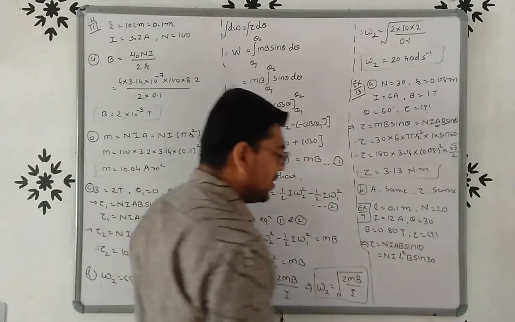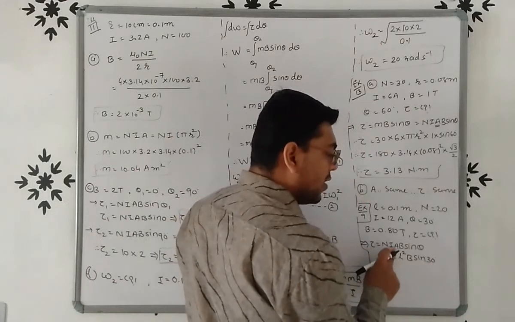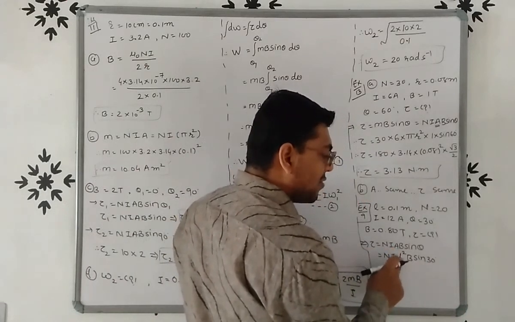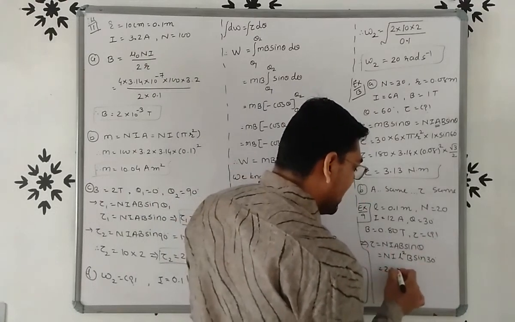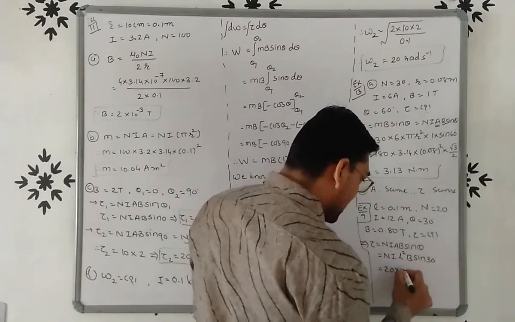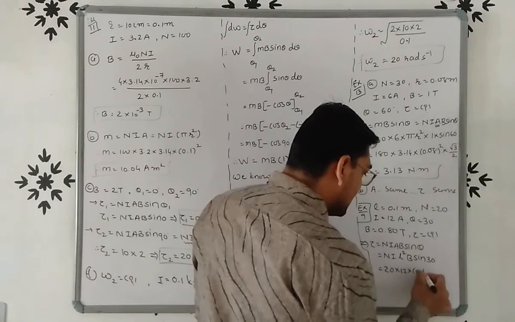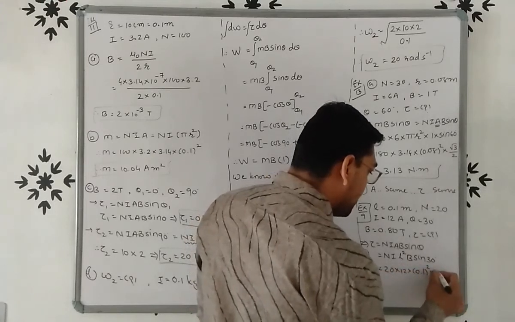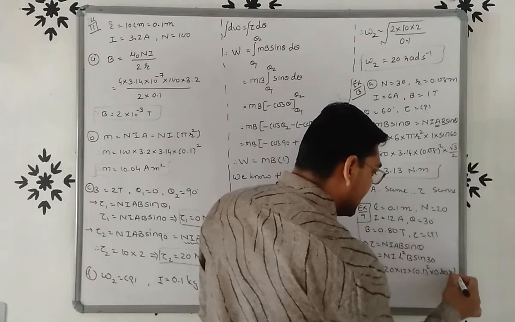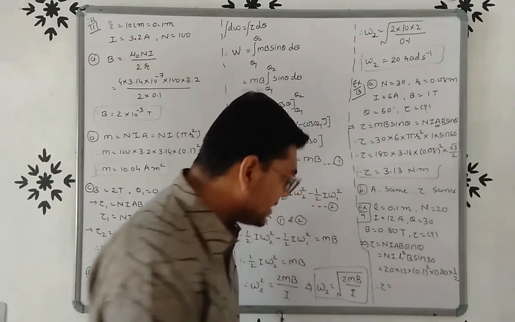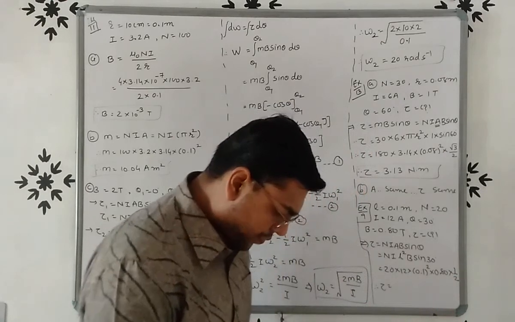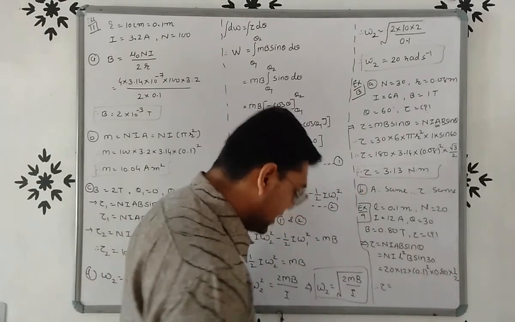So we know the value of N 20, I 12, L square that is 0.1 whole square, B 0.80, sine 30 is 1 by 2. So if you calculate this, then you will get torque tau 0.96